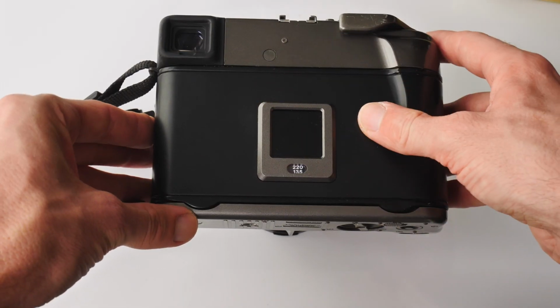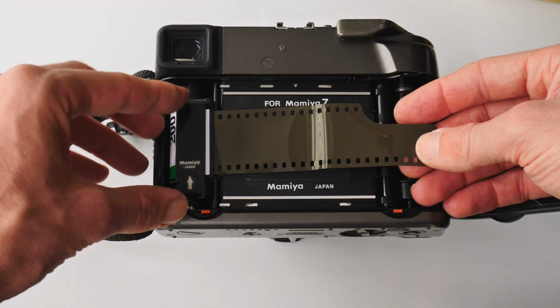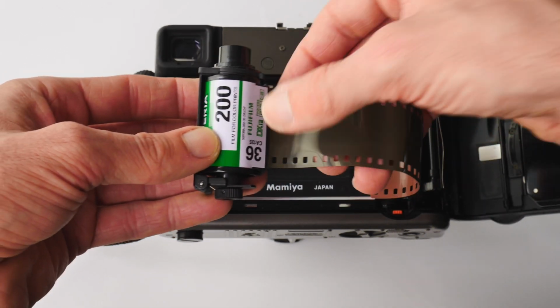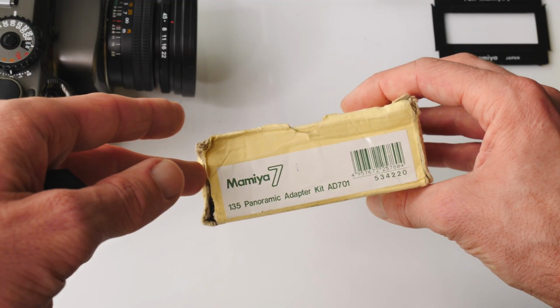So with the film rewound, we can now open the back again. Obviously I didn't rewind this fully because I'm not shooting this film today. I'll take this back out, but normally the film will be back inside the cassette, then your cassette is ready to be developed. So the cost of the official Mamiya